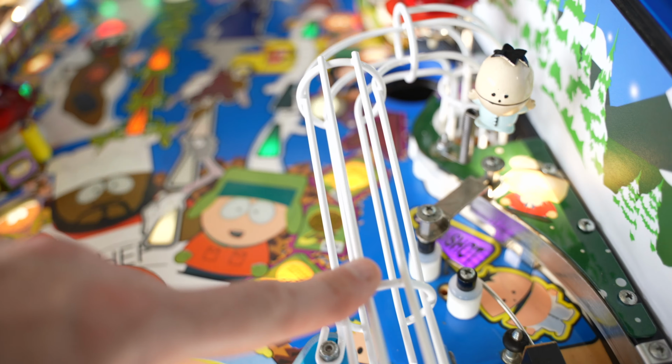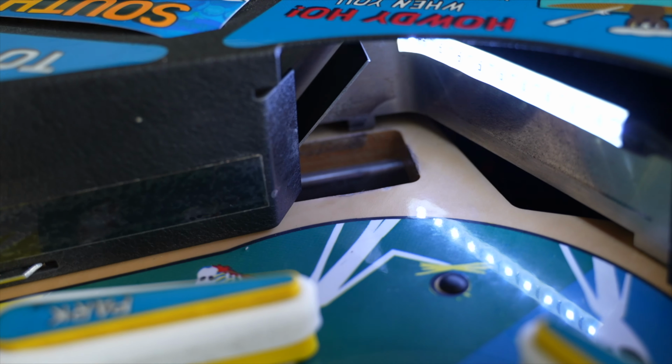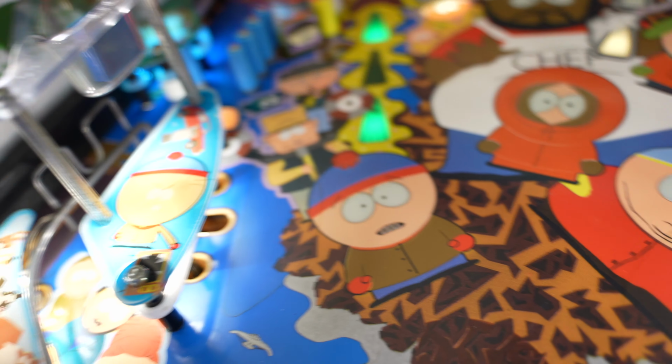Got both rails powder coated, the one in the back here for the mystery hole, as well as this right here, kick out for the Cartman hole. Did an LED light back here for the trough, to give it a little more illumination down here by the flippers. Put white flipper rubbers on there, as well as the slings, as opposed to the black ones that it came